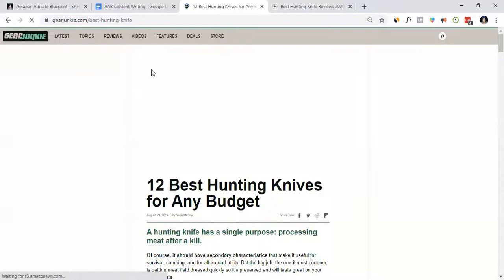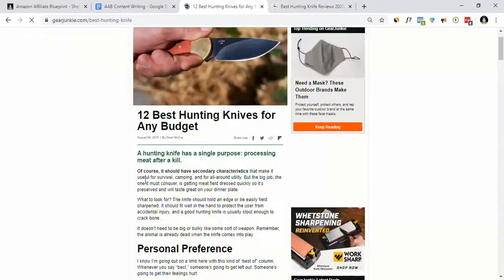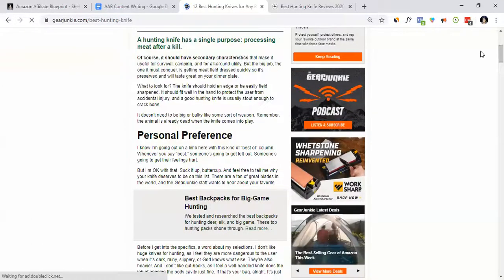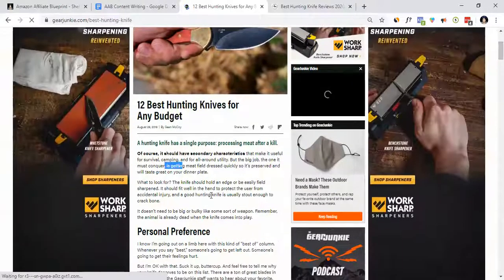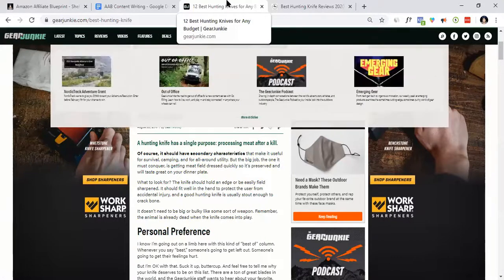Let me open Gear Junkie. Now they are also displaying things. So there is nothing more here. It's on-page SEO: internal linking your posts, adding relevant LSI keywords. I know everyone in this course knows what LSI is and how they can use it.